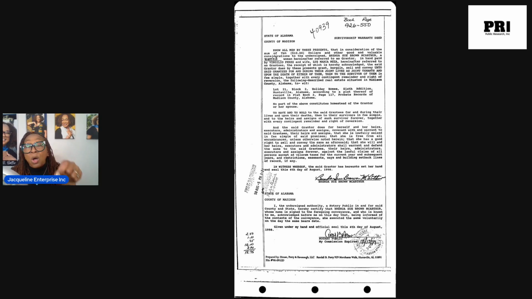Now, remember, most of the time your client is going to ask for the tenancy on the order. They want how these people are going to hold title to this property. So if you look down further, you'll see the tenancy there. It says conveyed to said grantees for and during their joint lives as joint tenants and upon the death of